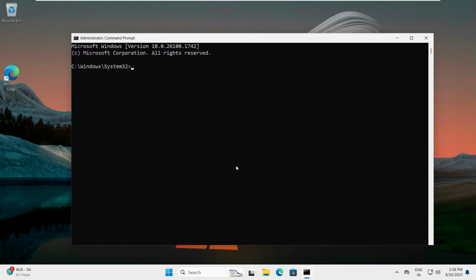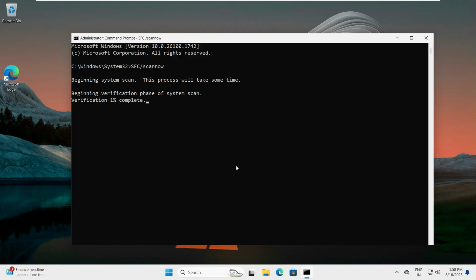Now run the command sfc /scannow. It will take a little bit of time, so just wait. When it completes, restart your operating system and turn it on again, and you can see it will repair